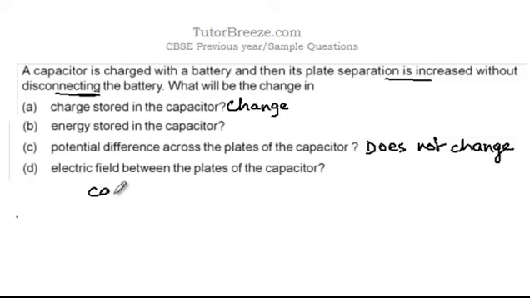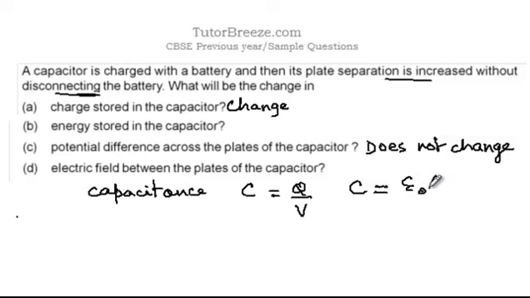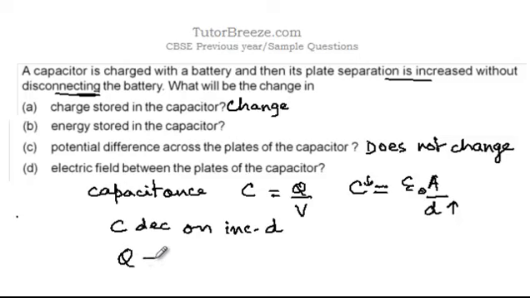See, if you look at the capacitance of the capacitor, we look at the formula for C as epsilon naught A over D. Now if D is increased, then the capacitance will decrease. If C decreases, then let's look at the charge. The charge Q is equal to C times V. V remains same. This does not change. C decreases. If C decreases, Q will also decrease. So the charge stored on the capacitor decreases.